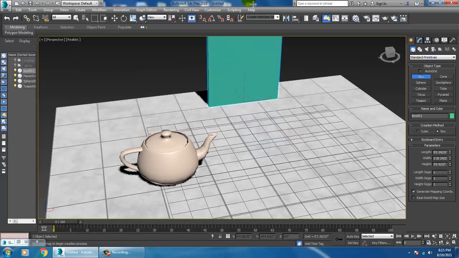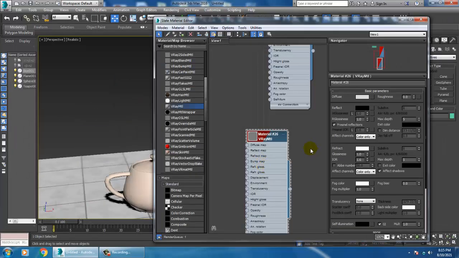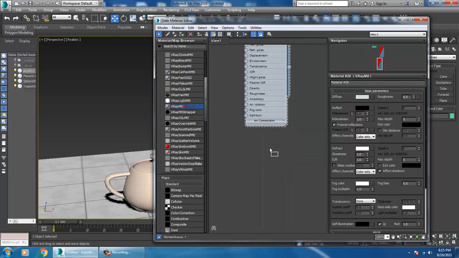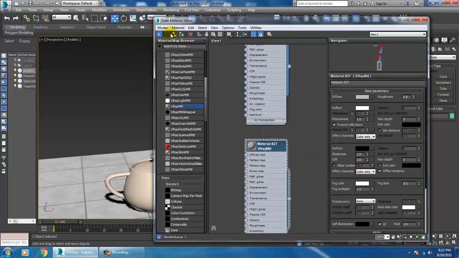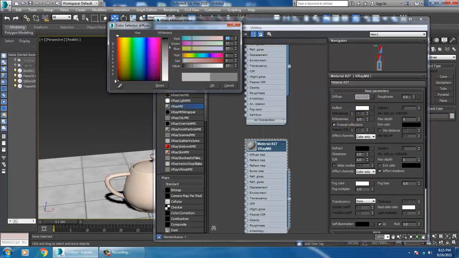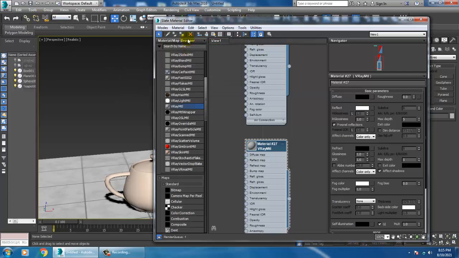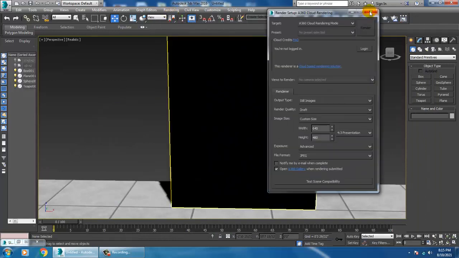Again, if I go over here, I'll take a V-Ray material. I'll give a full reflect. I'll just render it. Let's just give a black color to it.